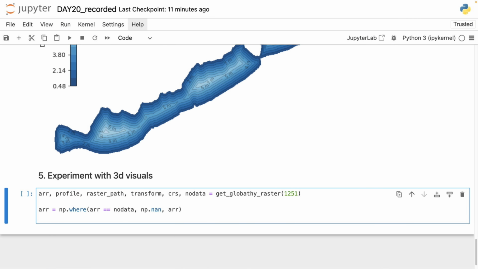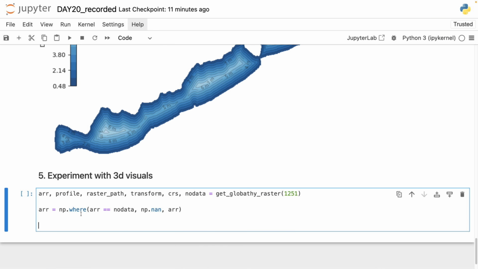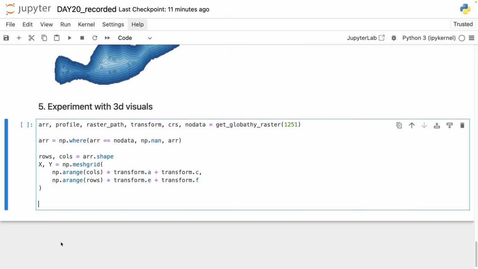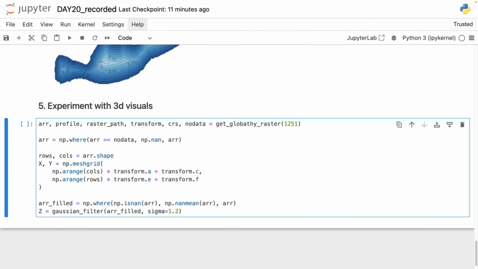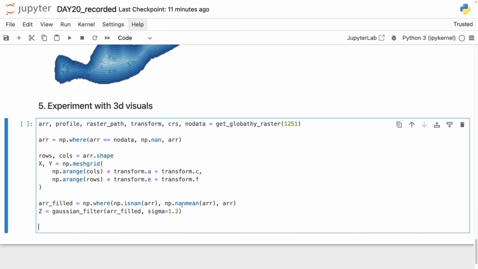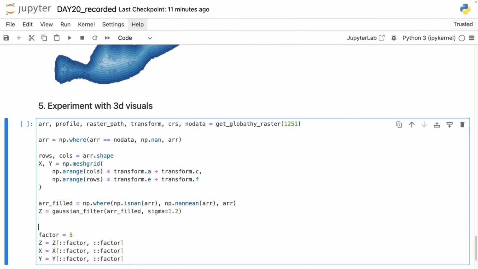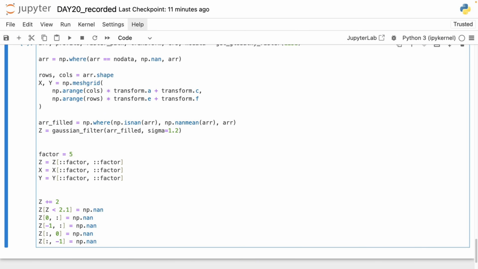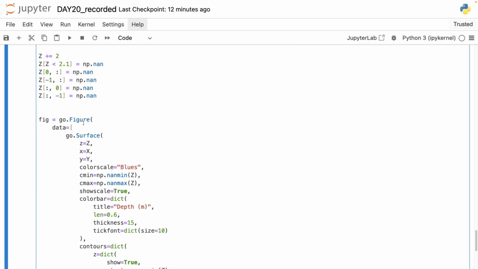Clear up the nans. Get the X and Y layers. Apply the smoothing so we have a nicer surface. Downsample the grid because it's actually surprisingly heavy for Plotly. Some further cleanup to make sure that we have the floor placed where it should be, and then we will create the usual 3D surface with the surface command where the data is coming from the X, Y, and Z functions containing the coordinates and the depth